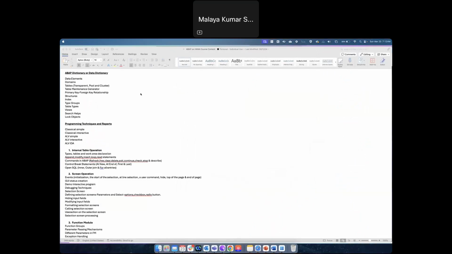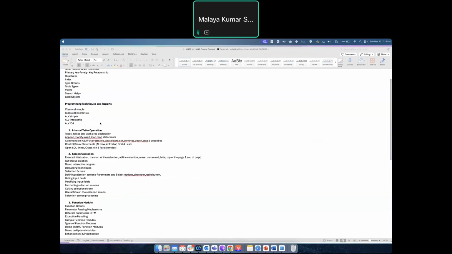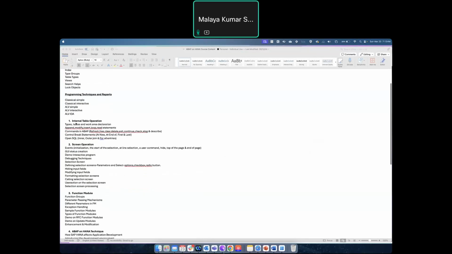If you look at my screen, in the part of ABAP dictionary we will complete these many objects: data element, domains, tables. All these will be part of your data. The programming techniques: these are the 5 types of programming which we are going to create as part of our actual class.